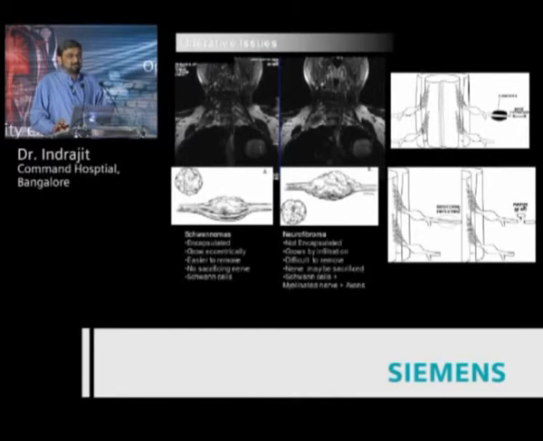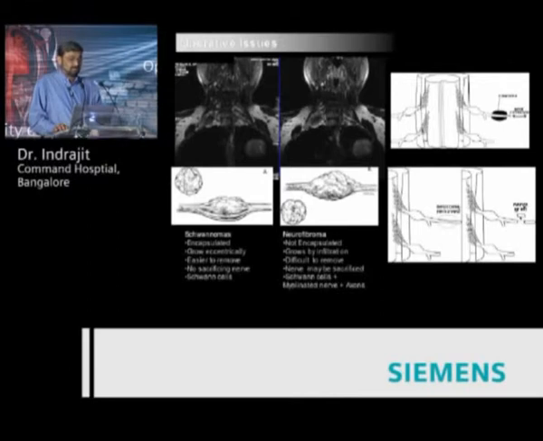Because what they want to know is how easy it is to do the operation. Neurofibromas infiltrate and are not encapsulated, and it's very difficult to remove. That is bad news for the surgeons. But if it's a schwannoma, it is easier to remove, and the prognosis is slightly better, as shown in this